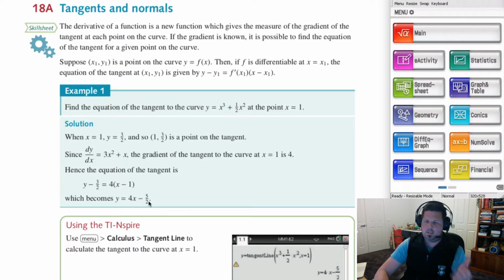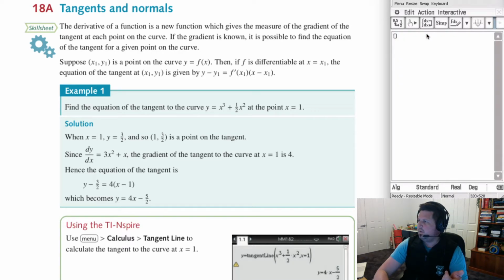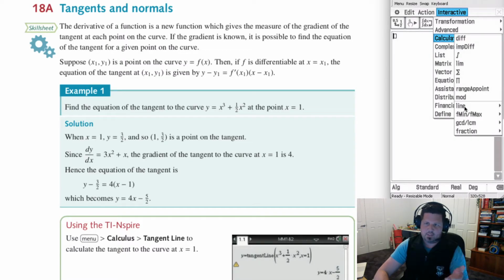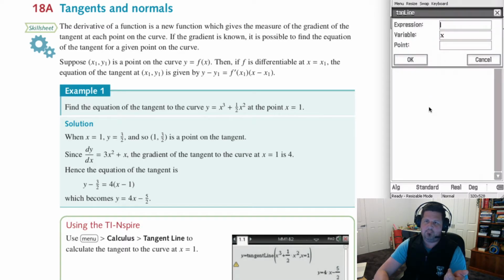Cool. Now, again, you can do these fairly easily with your Casio calculator. I'll show you 2 different ways in which you can do this. The first is in the main section. You can go to interactive, then calculation. Obviously, we're dealing with lines here, and for this one we want the tangent, so use tan line. So we type in the expression. We want to write in x cubed plus a half x squared. So x, up hat, to the power of 3, plus a half, which can just be written as 1 divided by 2,